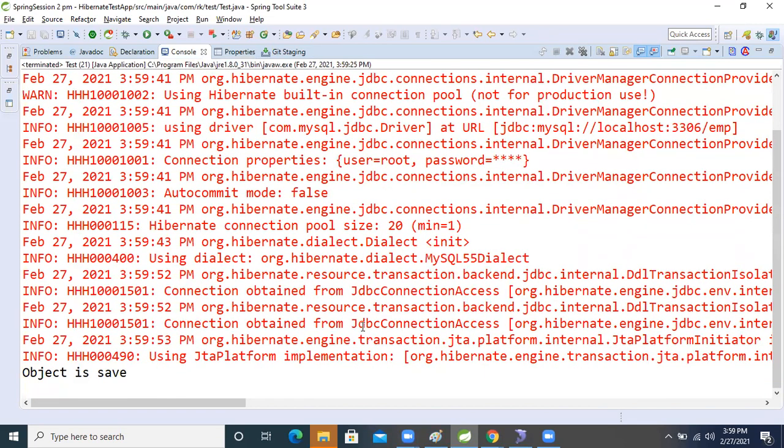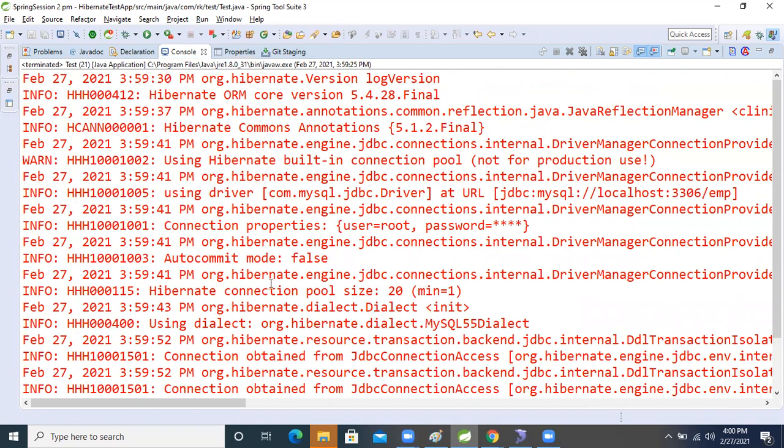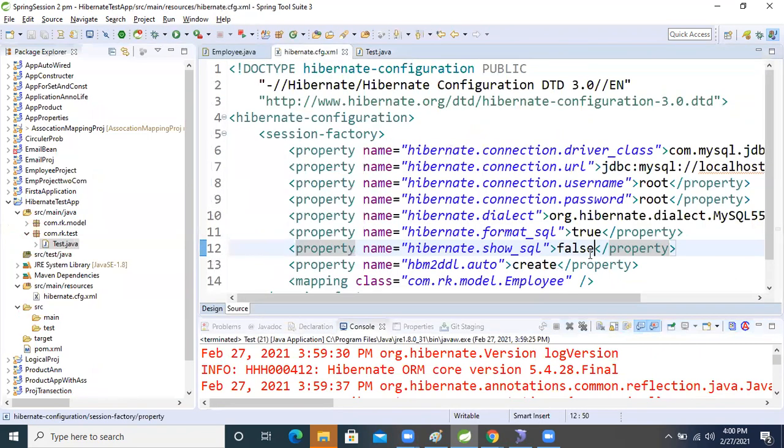See here, whatever we wrote in the sysout, those messages we got, but we are unable to see the query on the console. That is the meaning of this tag. I'm making it true only.